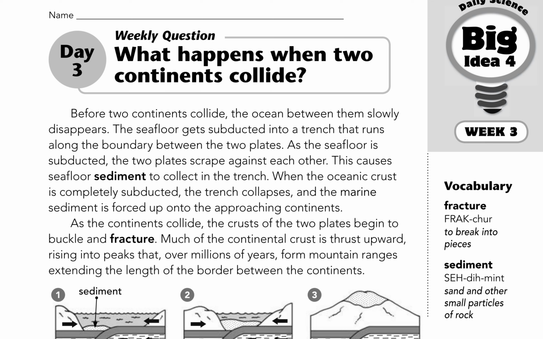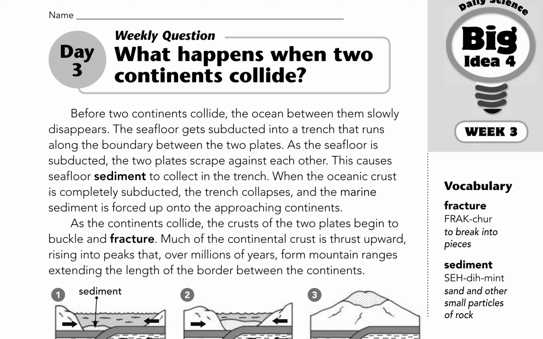Before two continents collide, the ocean between them slowly disappears. The seafloor gets subducted into a trench that runs along the boundary between the two plates. As the seafloor is subducted, the two plates scrape against each other. This causes seafloor sediment to collect in the trench. When the oceanic crust is completely subducted, the trench collapses, and the marine sediment is forced up onto the approaching